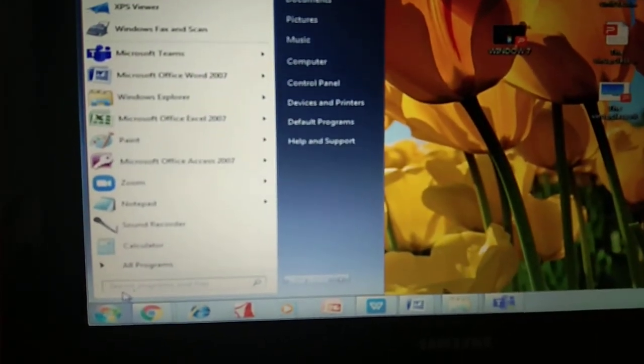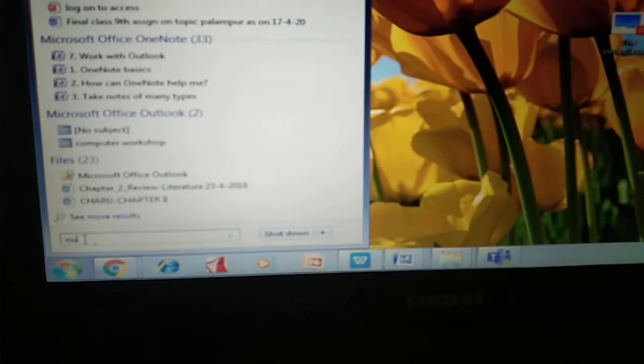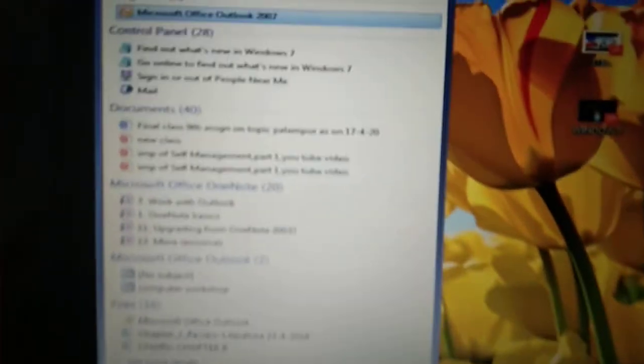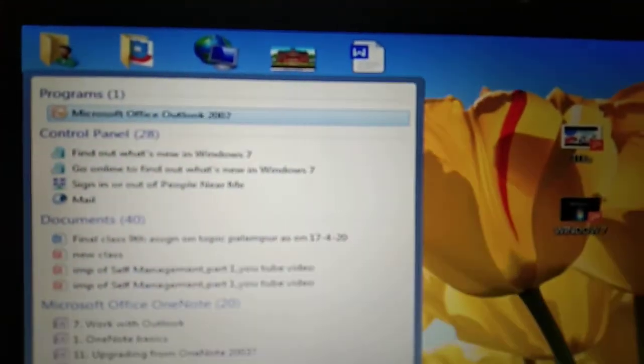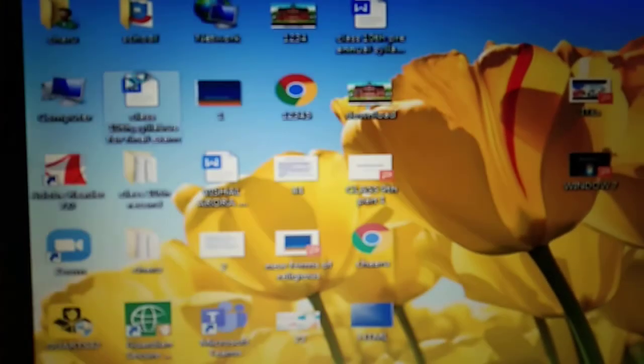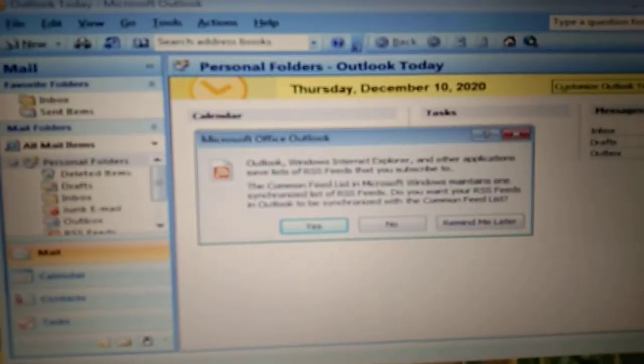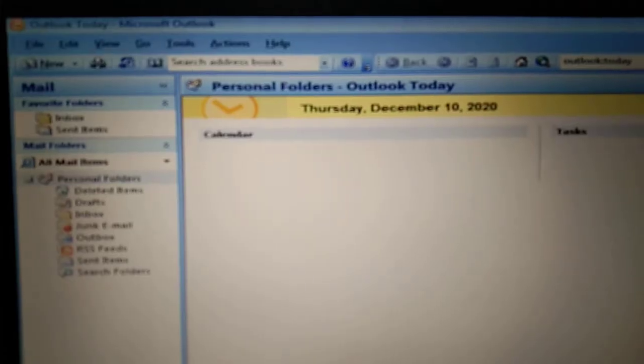Here is an option of search, so you can write Outlook here. See, here is the software, Microsoft Outlook. All the features of email messaging are included in Outlook.